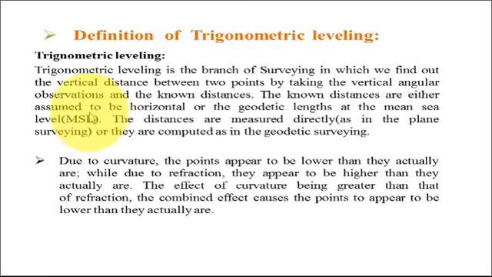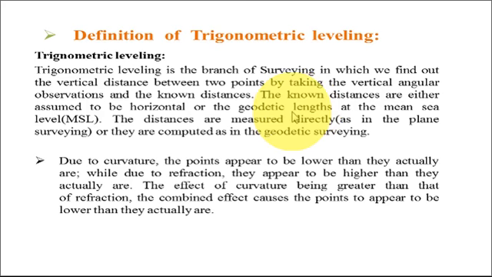In short, we can say that trigonometric leveling means finding out the elevation between the two points by knowing the angular measurement and linear measurement. For this, we can use different trigonometrical equations, and from that it is possible to find out the elevation between the two stations. Now, when we talk about the geodetic length,